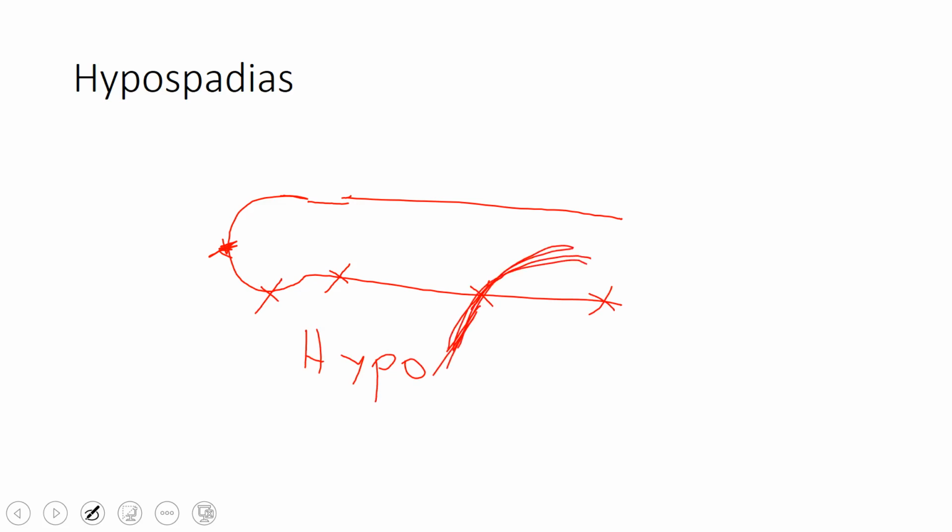so the structures there failed to close. If I were to take a cut like this and look at it, you'd see there was this spongy material here, and this would be where the urine traveled. These are supposed to come down and fuse together, but sometimes that fails to happen, so this is open here and the urine comes out. So that's hypospadias. First, let's back up: it's the urethral folds that fail to close there. But epispadias